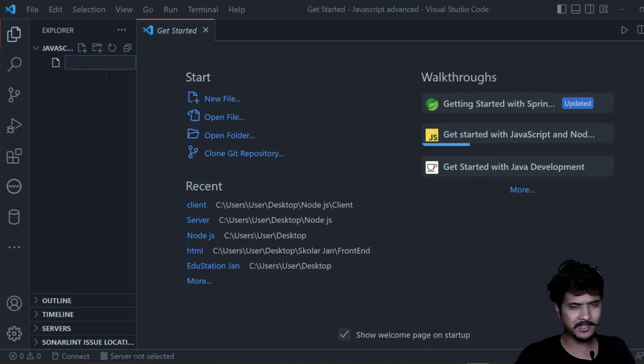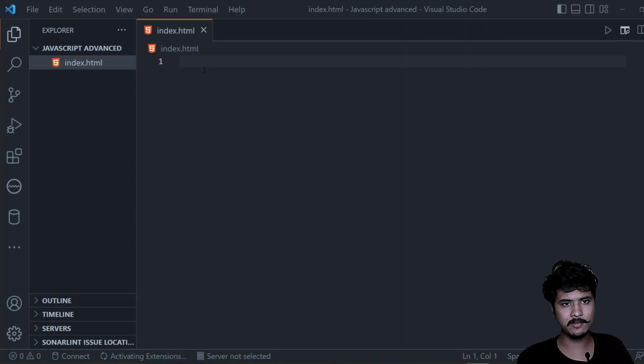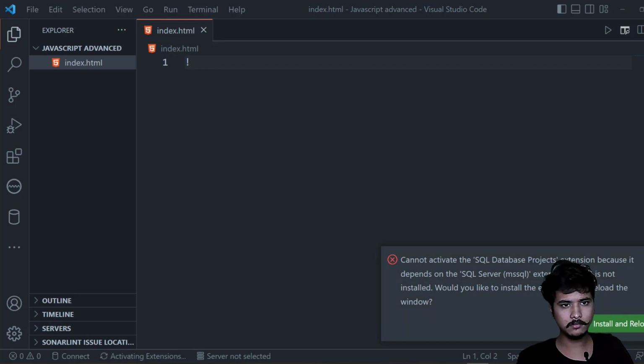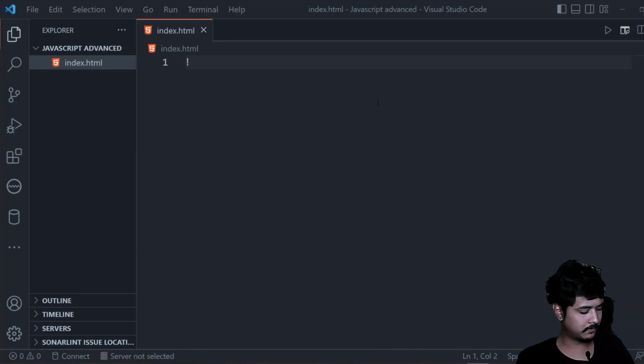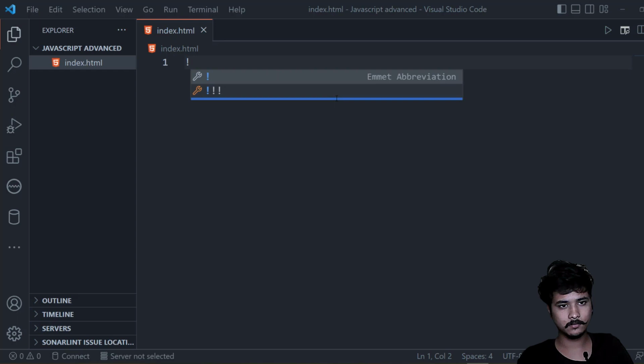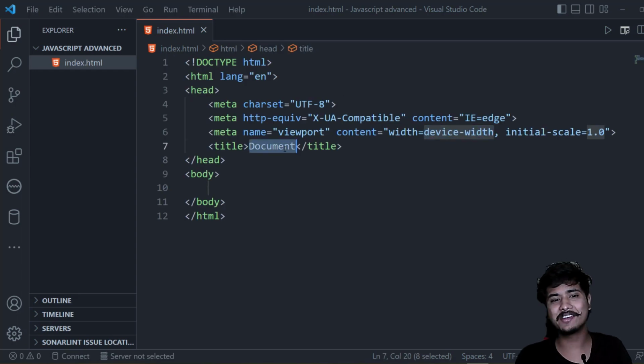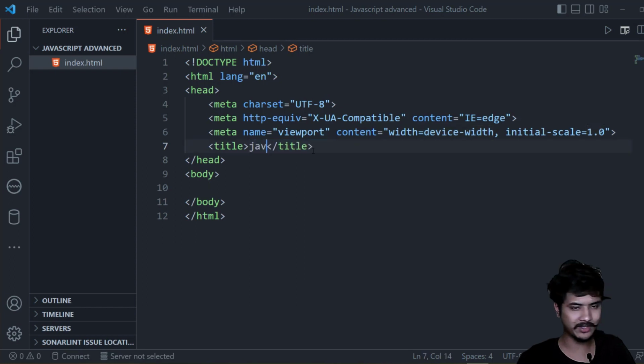Yes, and over here, without doing anything else, I'm just going to create my index.html, and inside the index.html, I'm just going to put nothing but my boilerplate template. Yes, so we have added the boilerplate template, and over here I'll simply write nothing but JavaScript in the title, right? In the title I'll just write JavaScript, and in front of the JavaScript, guys, you can add some